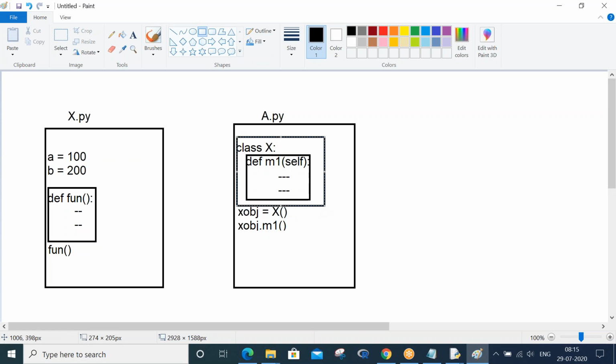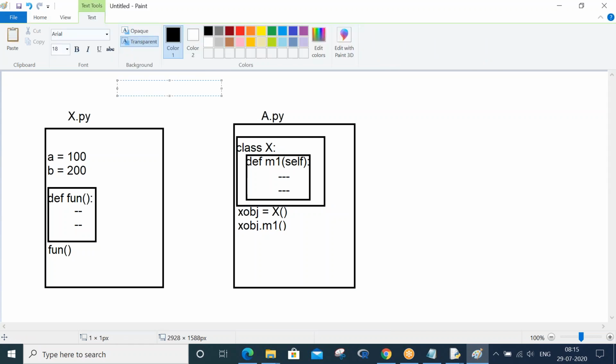A function which is defined in a class can also be called a method. You can also have this definition: a function which is defined in a class is also called a method. And the other difference is the way how you call it.